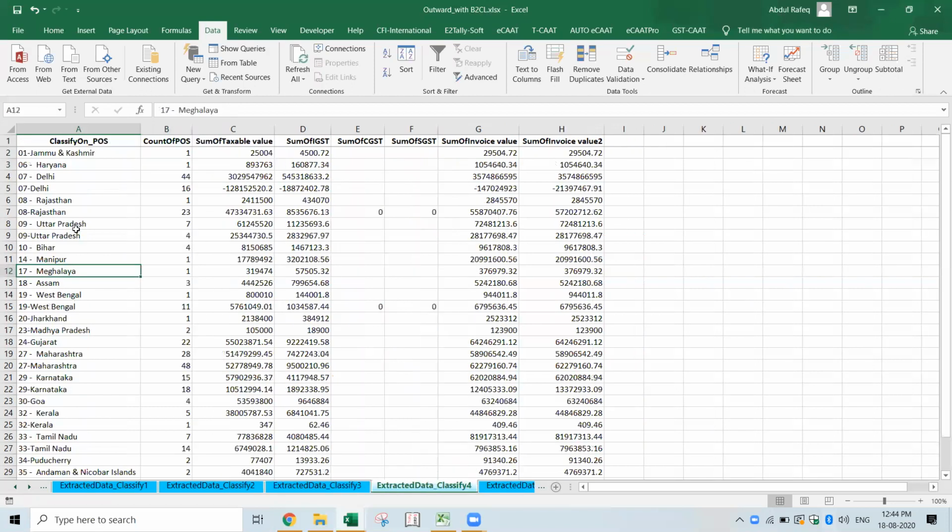Again, here, this is based on the POS, that is place of supply. Place of supply means, if I'm based in Bangalore and I'm supplying to Hyderabad, what is the place of supply? Hyderabad is the place of supply, then it is interstate, so IGST should come. So wherever I've supplied, that is the place of supply. It is the general rule, sir. Actually, it has some exceptions again.